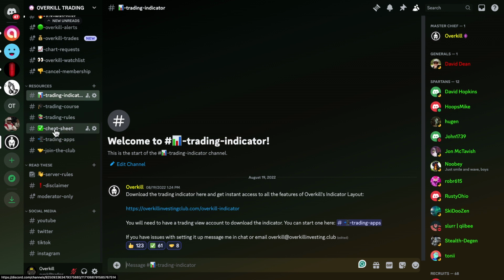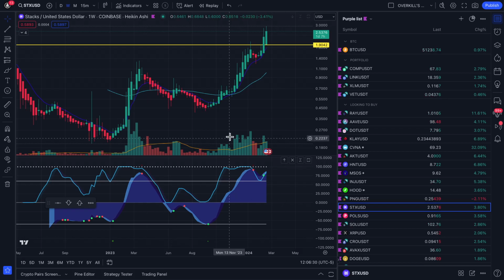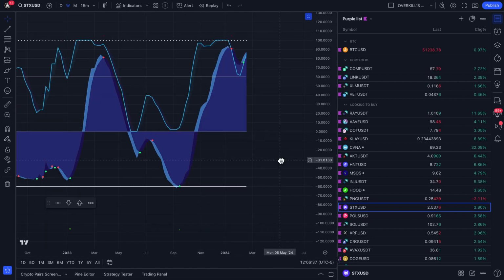Okay? The discipline to follow the rules. If you guys don't have trading rules, you need trading rules. You could start with mine. If you want to use this as a basis, come up with 5 to 6 rules that you are saying, I am doing this no matter what. You have to check all of these boxes before you buy or sell anything. And if you can't do that, you probably shouldn't be a trader, because the truth is